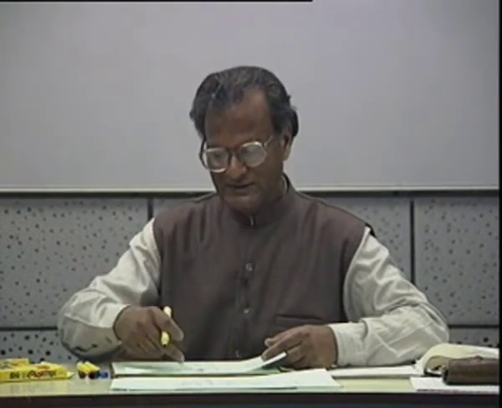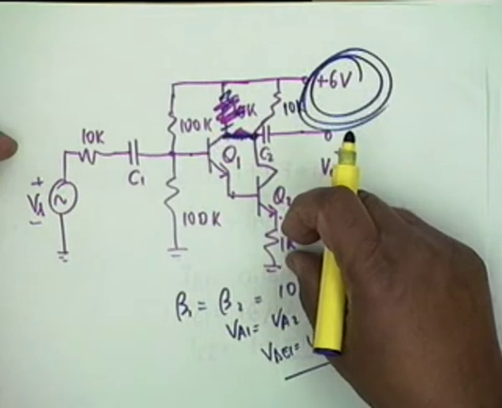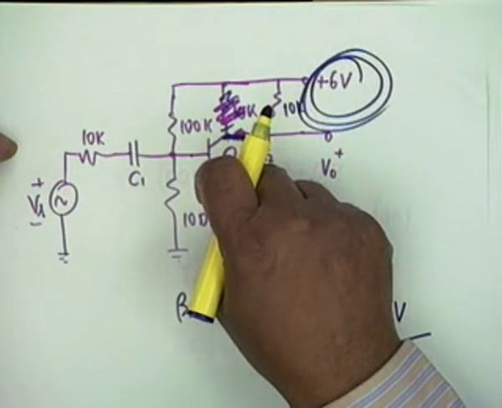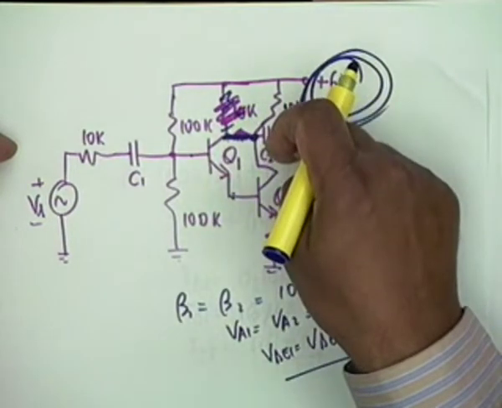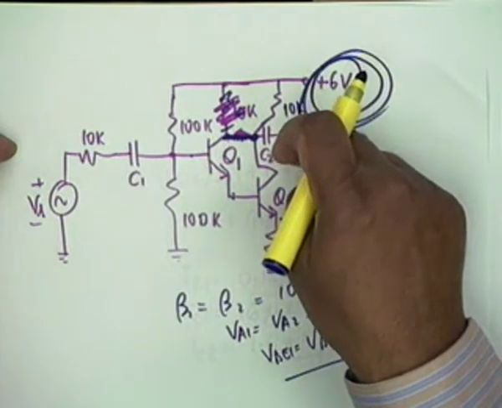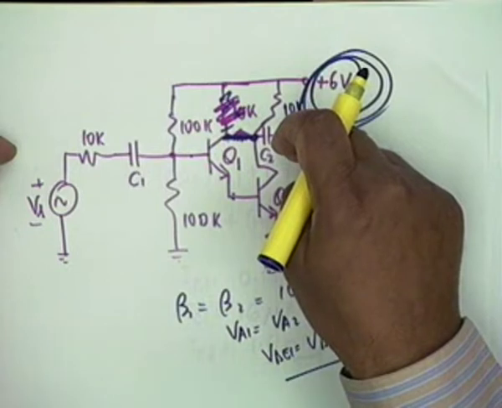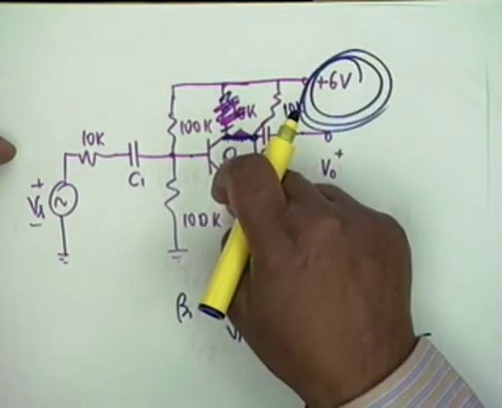There is an equivalent circuit in terms of a diode which maintains a voltage of 0.2 across the collector to emitter. You can still calculate the currents by assuming this voltage to be 0.2. The rest of it is dropped in 10K and 1K, and therefore you can find the current. The base obviously is overdriven. The current that will flow now in IC2, if you divide that by beta, it would be much less than what actually comes here, that is (1 plus beta 1) IB1.